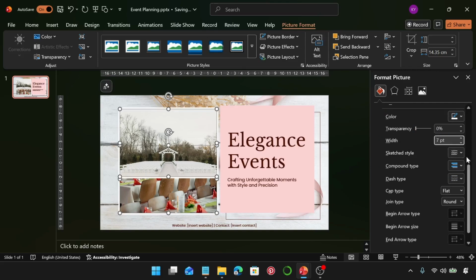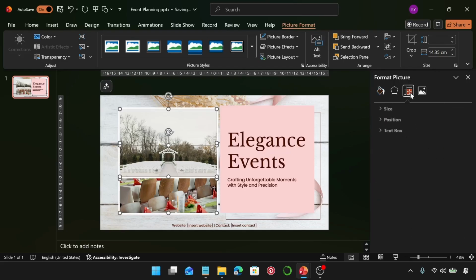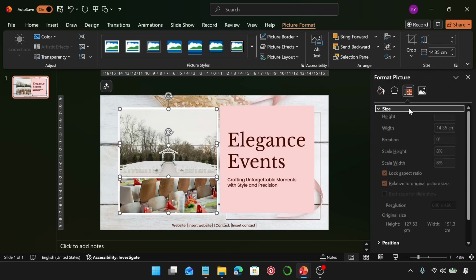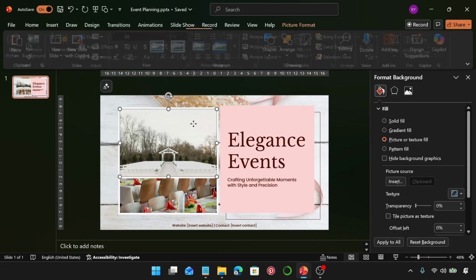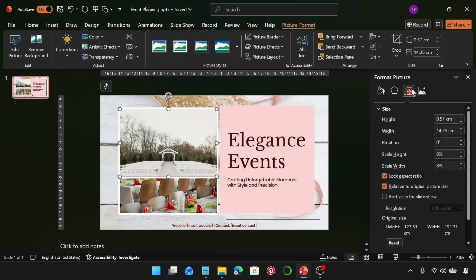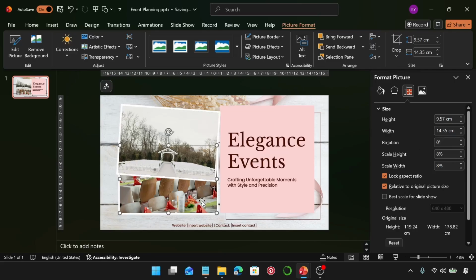The color is going to be white. Next, come over to this size and properties. Select this. Let's expand size. Let's start with this first image. Let's go back to that tab. For the rotation of the first image, we're going to make it 4 degrees, and for this one,